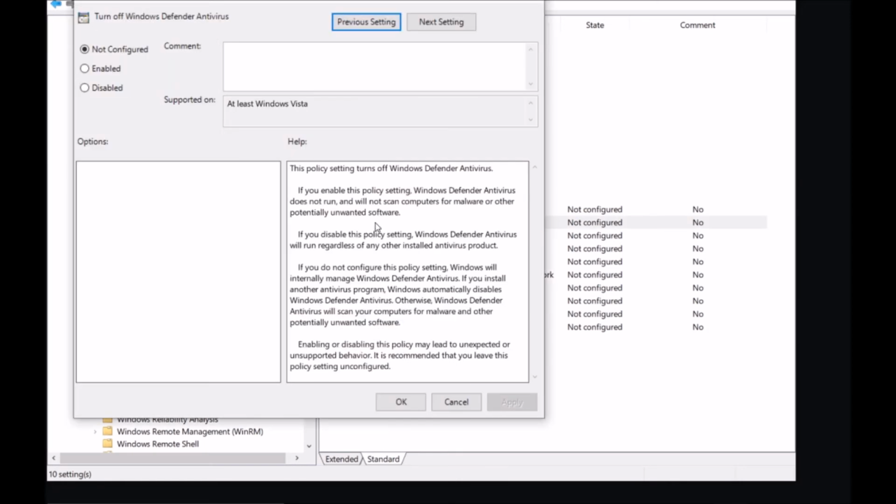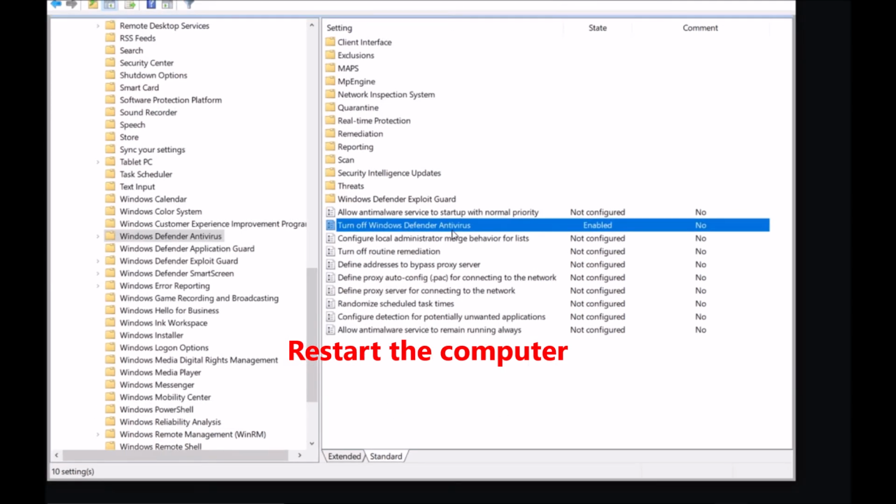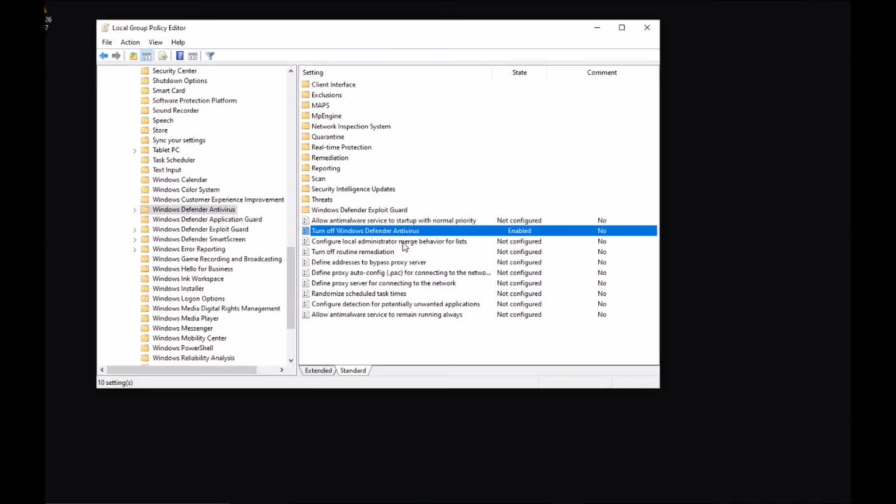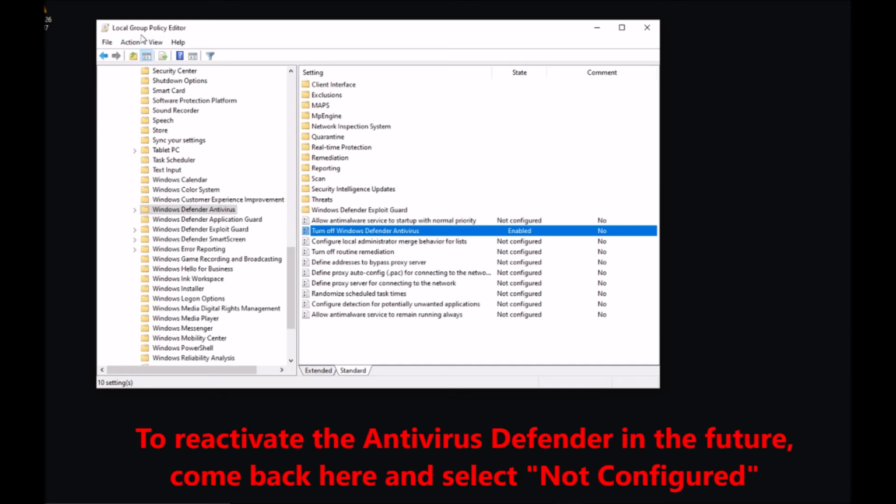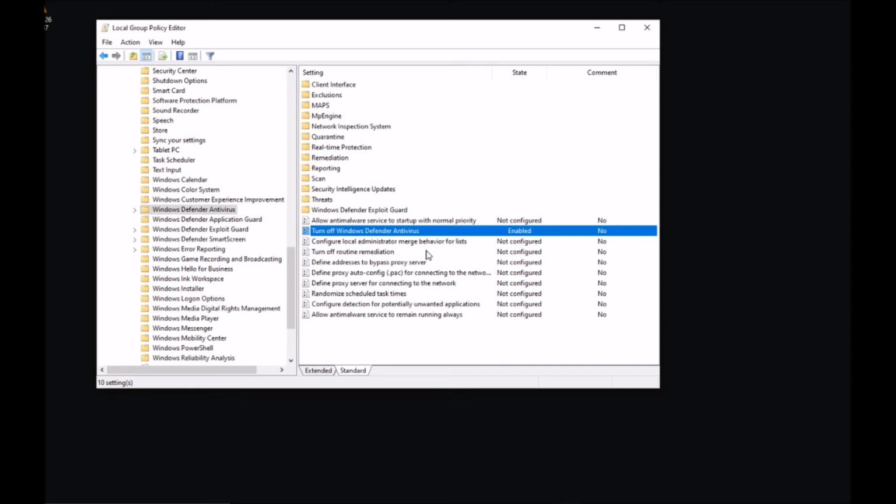Double click on it, brings us to this window here, and select enable. It's turning it off, which is enable here, and it's going to say turn off enable. This option of local group policy editor is only on Microsoft Windows 10 Pro edition. Is not going to be available in the home edition.